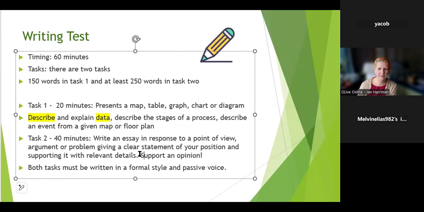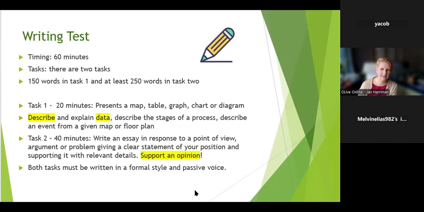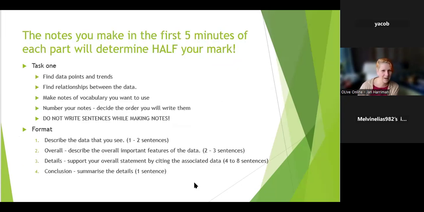Ultimately, it's really about supporting an opinion. Can you take an opinion on something and support it adequately, and logically, even if it's a ridiculous opinion? All right. So the notes you make,